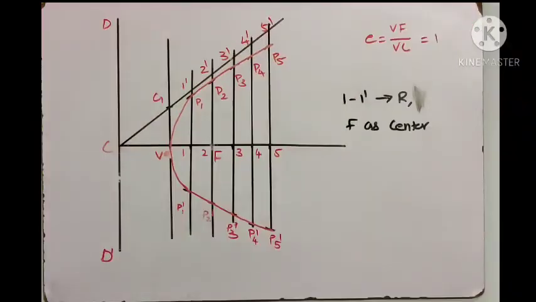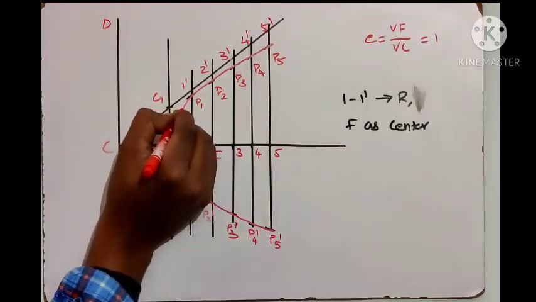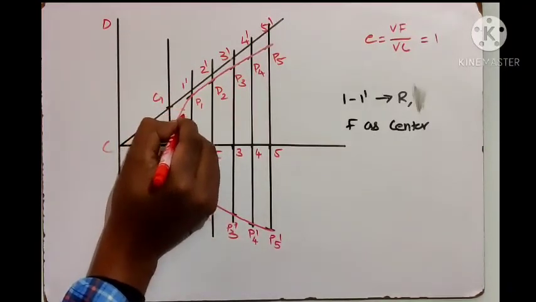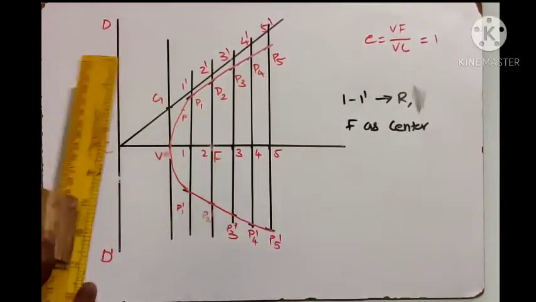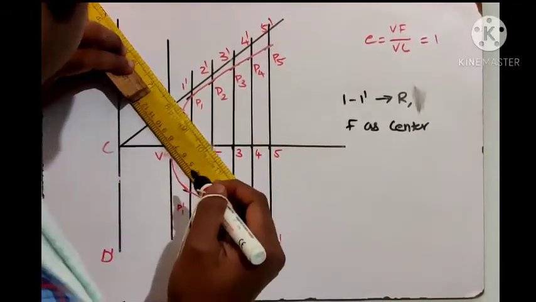The next thing is, if you read the question, they asked us to draw the tangent and normal at any point P on the curve. Let's take a point P. You can choose your convenient point. Let's assume that I choose this point, this is my P. You need to follow that procedure. From the P point you need to connect the F point, something like this.